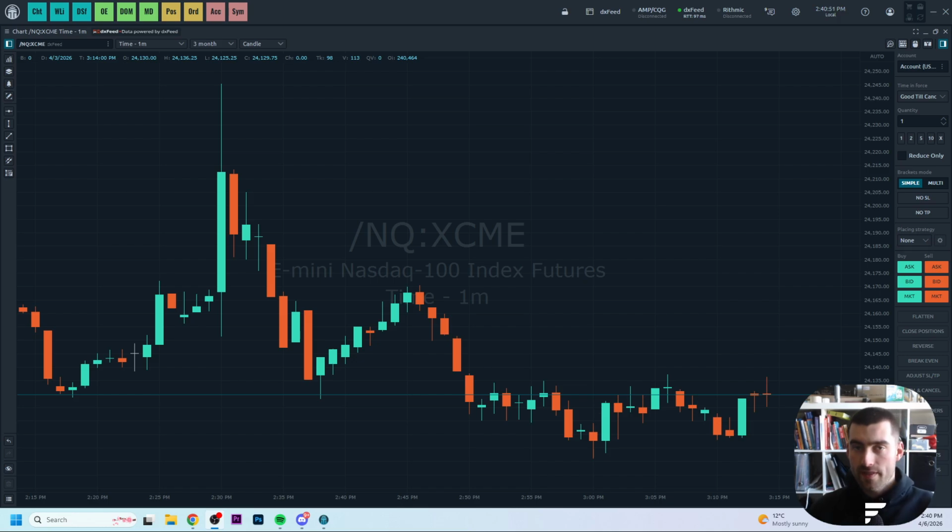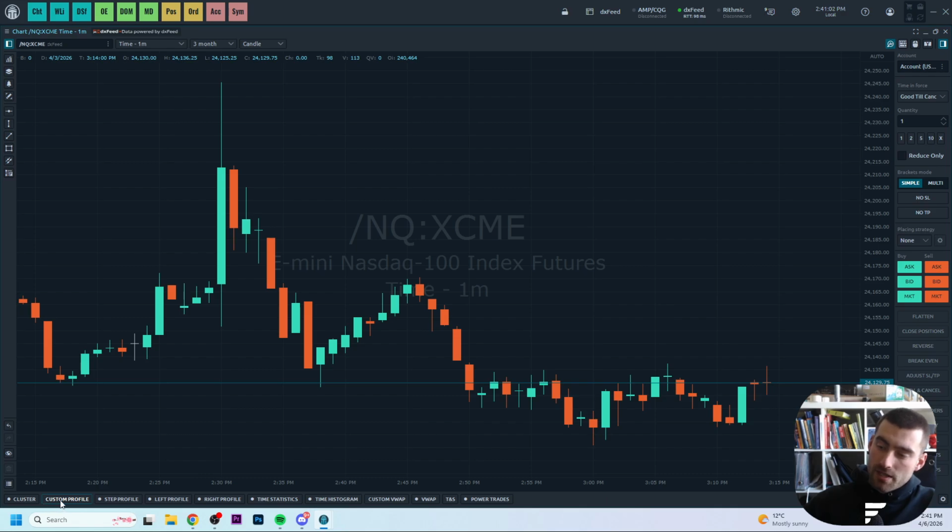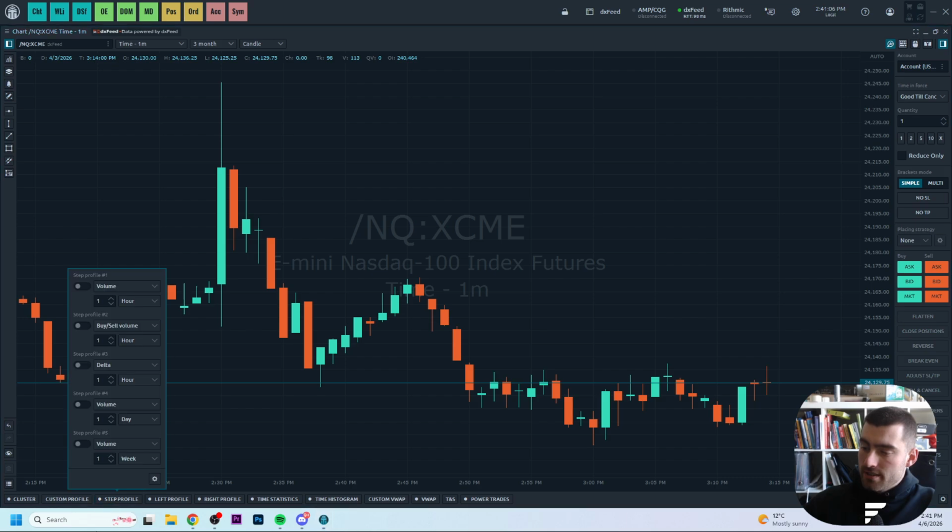here on Quantower. And if you want to do this, it's quite simple because if you go right in the top, you see here 5 icons. And if you select the most left icon right there, we enable this list right here in the bottom. Then right now what we're going to do is select right here step profile, and now we can enable right